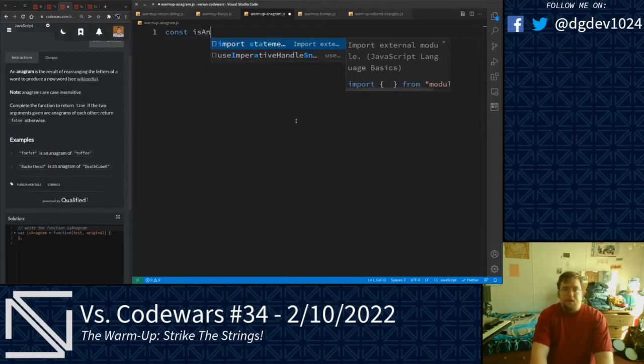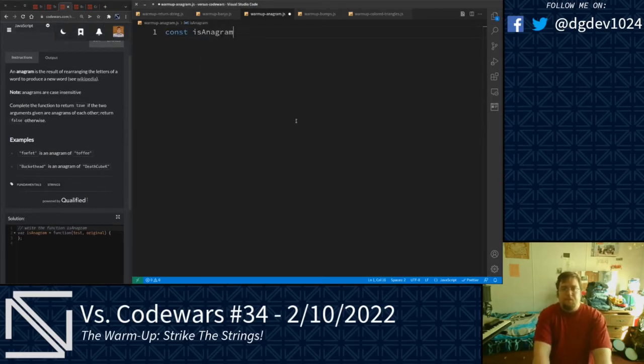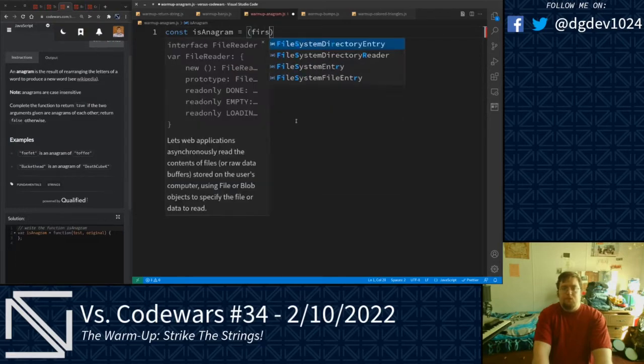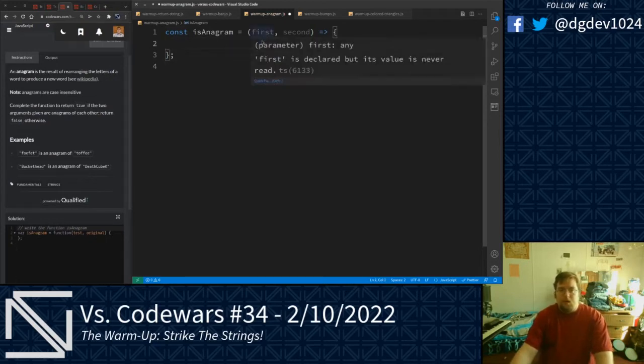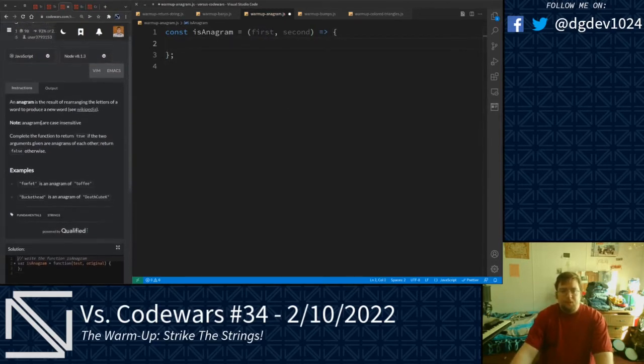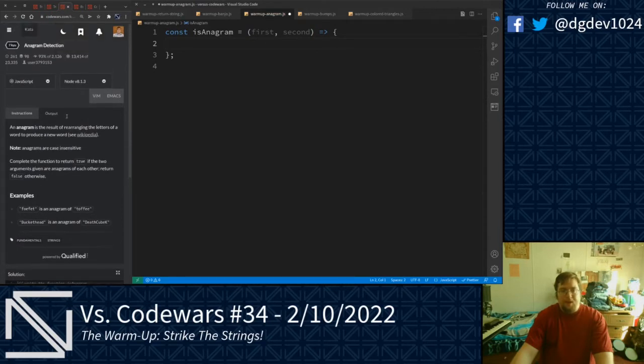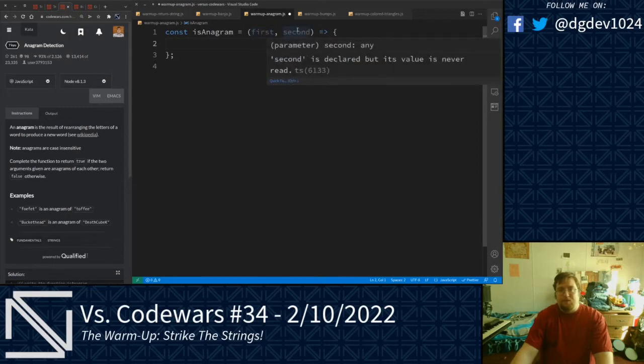Const isAnagram, and we are going to have two strings, first and second. What we're going to do with these strings here, probably the best way to determine if these two are anagrams is to sort the characters of these two strings into ascending order and then check them